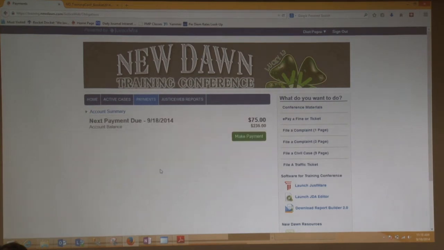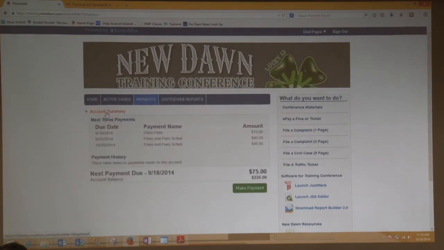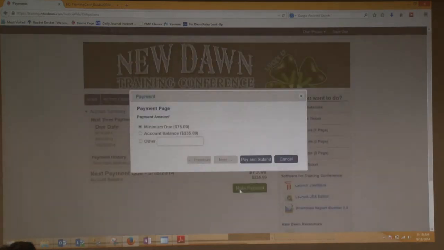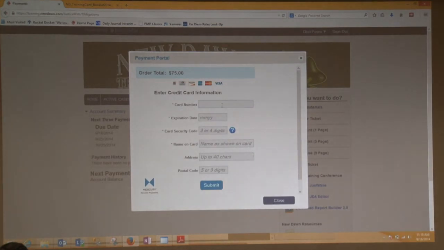Because I can't change my obligations. I can just change the arrangements that I make with the individual when they need to make those payments. I'm not changing the obligation. They work that out with me. I agreed as a court or as an agency that they could change those dates. So now when I make a payment, I've got a minimum due. If I make that minimum due payment, what's it going to be allocated to first? The oldest obligation, the next due, right? So when we make that payment,